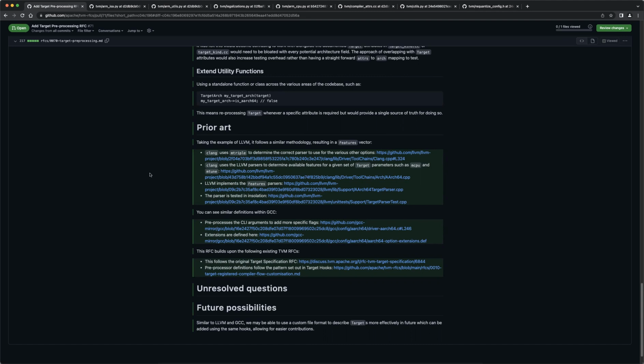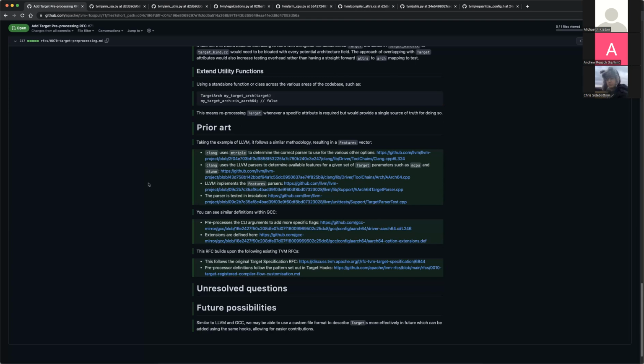Another question I had too, and I think this might have been discussed on the thread a little bit, is what if we have C and LLVM that can be seen as identical targets for some set of CPUs. The main difference is just that one generates LLVM bitcode and one generates C. But as far as enabling schedules and things like that, the CPU is the same between the two, and theoretically we should be able to share the architecture parser, I would think, or sorry, the architecture preprocessor. So I guess is that the intent with the function attribute